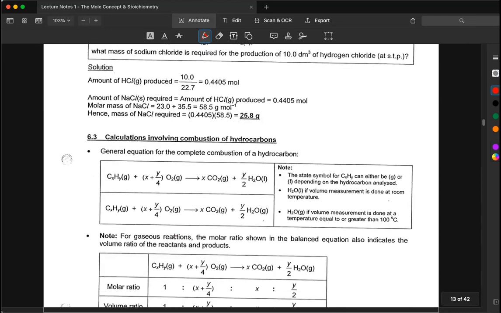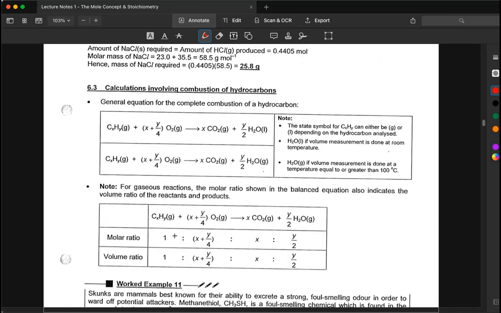Okay, now 6.3 onwards is something I want to emphasize on. This is what will be tested a bit more heavily at A level. The calculations involving combustions of hydrocarbon. So this is the general equation for the complete combustion of hydrocarbon. All right. So the state symbol for hydrocarbon can be either gas or liquid, depending on the hydrocarbon analyzed. Water will be liquid if the measurement was taken at room temperature. If the temperature was greater than 100 degrees Celsius, it will be